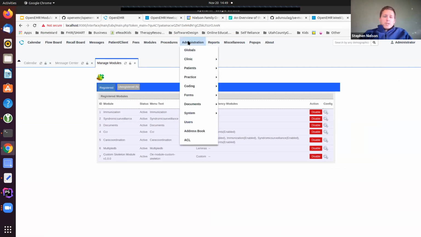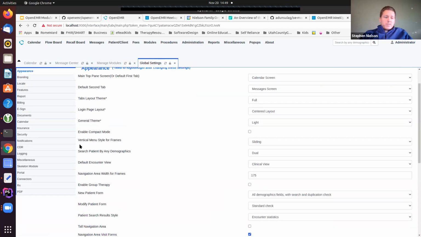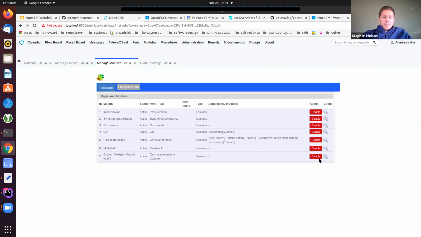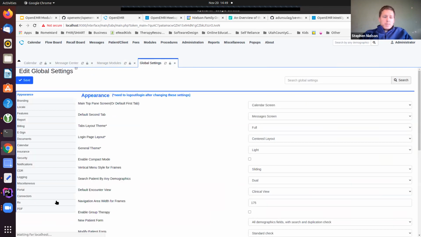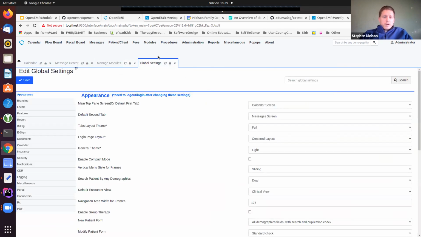Okay. So when I enable it, and I come here to my globals, one of the things that this module does is it says I want to have some configuration that shows up here. I now have in my globals this configuration that shows up automatically. If I turn off my module, disable it, right, reload the page, you can see skeleton modules just before portal. Come here, module is gone, all gone. Turn it on again, and then go here.